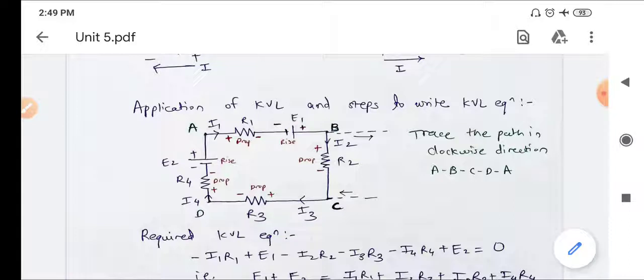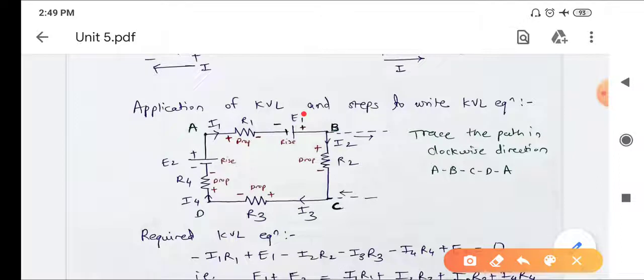So here, as the current is flowing through R1, and current always flows from higher potential to lower potential, whenever we are tracing the path, we encounter the positive terminal of R1 first, and hence it is a potential drop. See, for E1, whenever we are tracing the path in the clockwise direction, the negative terminal gets encountered first, and hence it indicates a rise in potential. So E1 is a rise in potential.